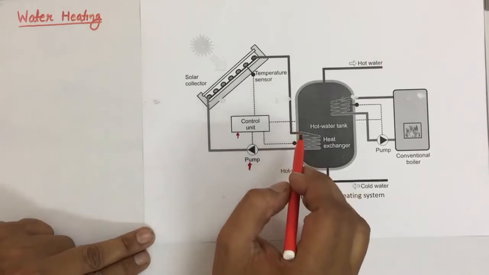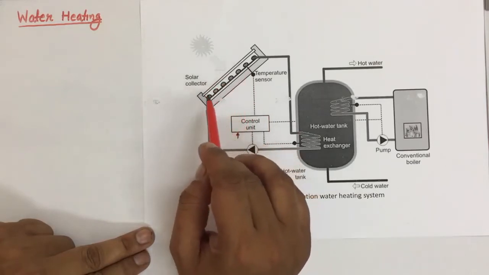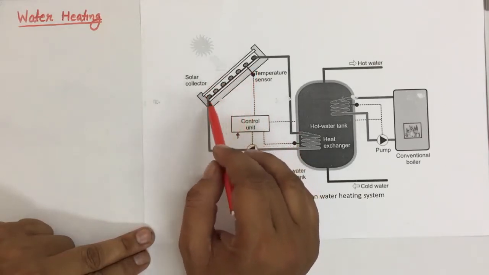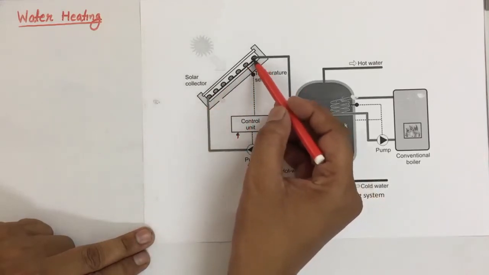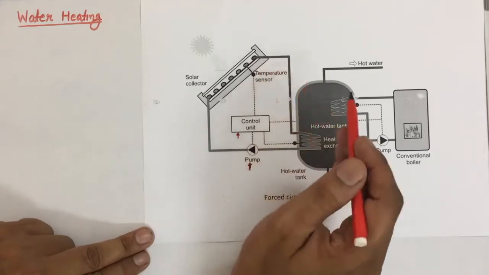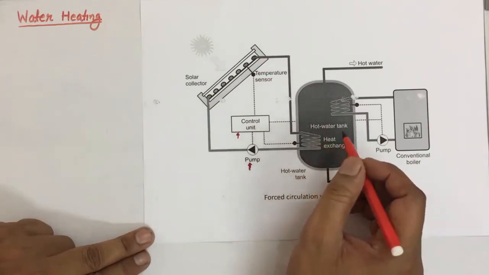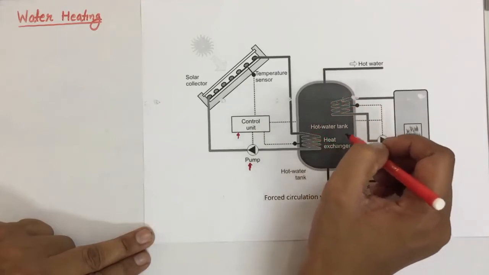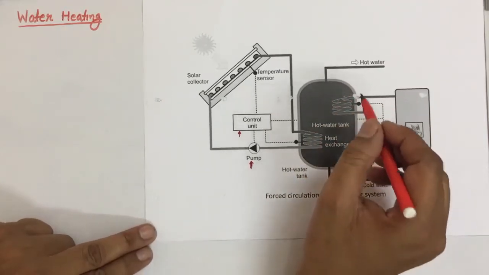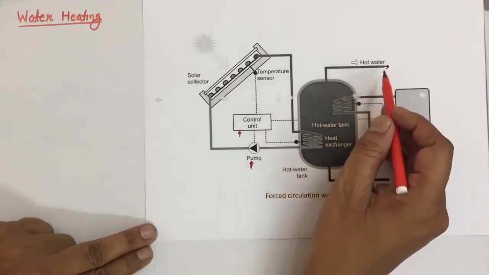In this case, every process remains the same. The radiations are being collected by the tubes, that is the black colored surface, and the tube exchanges its heat to the fluid flowing through it through the convection process, and that heat of the fluid can be exchanged in the hot water tank to this fluid that is available here, that is water, and after heat exchange the water gets heated up and that can be collected from here.